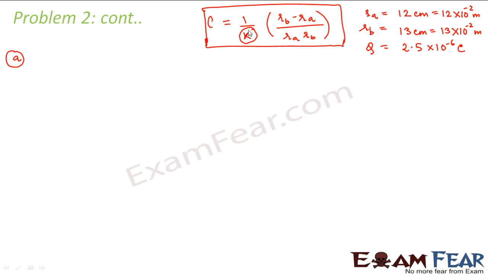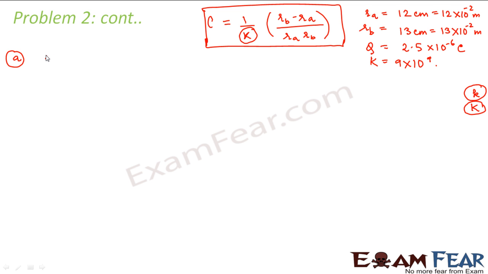Okay friends, let me tell you one thing very specifically. The K which I have been using in this expression for potential is the K which we used before, the capital K, that is the constant which was 9 into 10 to the power 9, right? It is that K. But here, as after we started dielectrics, we are also using K for dielectric constant. So this is not that dielectric constant K, right? So this is our previous K. So hereafter in this problem, wherever I use dielectric constant, I will use this K for dielectric constant and this K for our previous constant, which is 9 into 10 to the power 9. Okay, so that you don't get confused.